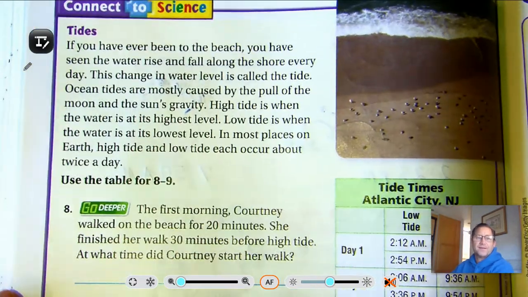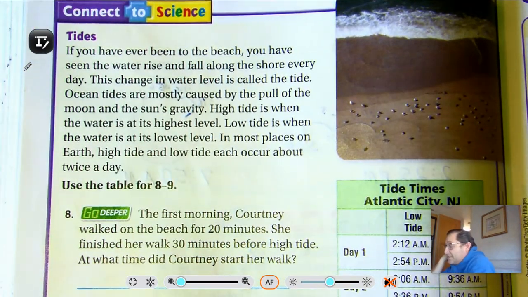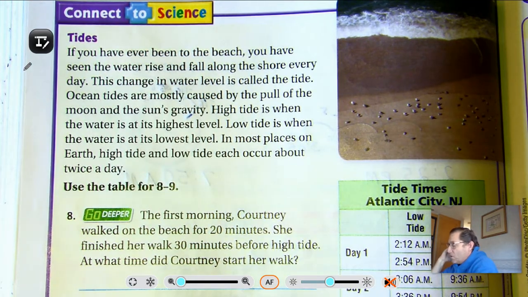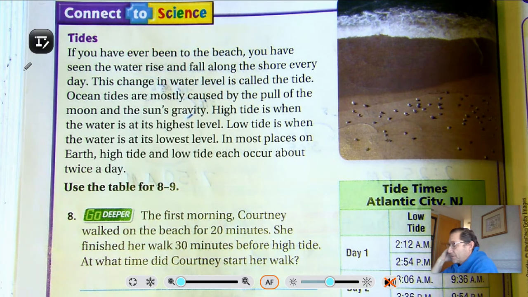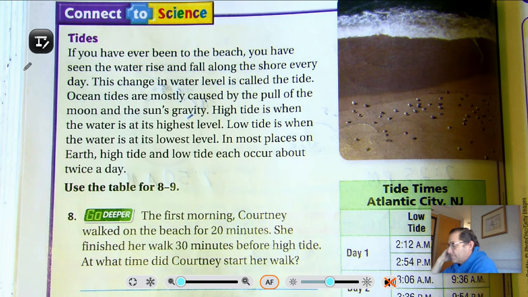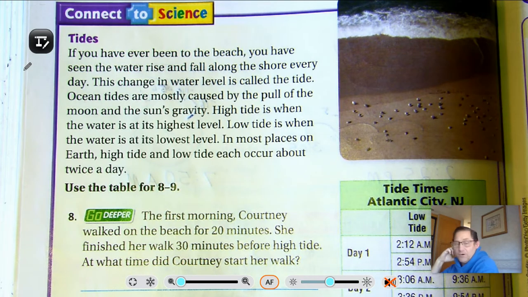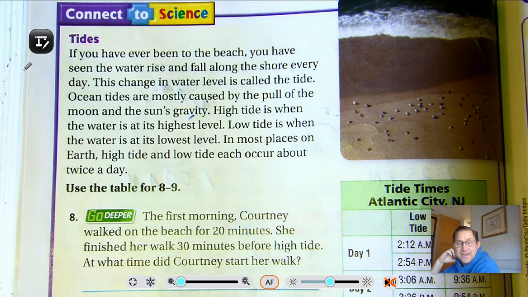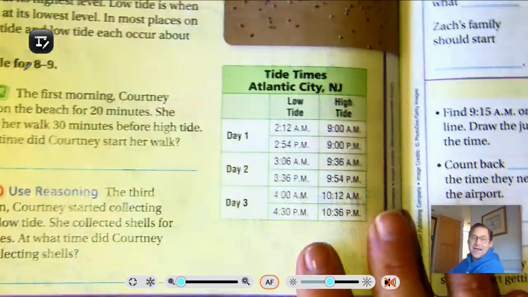All right, the last section, connect to science. If you've ever been to the beach, you have seen the water rise and fall along the shore every day. This change in water level is called the tide. Ocean tides are mostly caused by the pull of the moon and the sun's gravity. High tide is when the water is at its highest level. Low tide is when the water is at its lowest level. In most places on Earth, high tide and low tide each occur about twice a day. And it says use table 8 and 9 to help solve